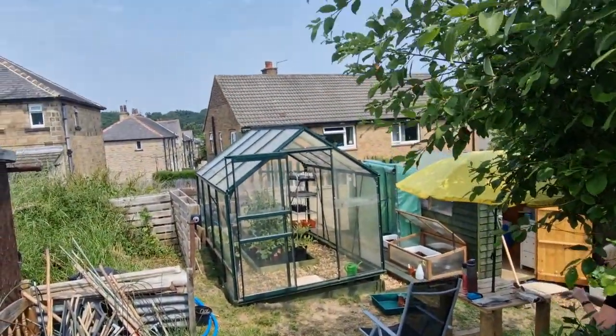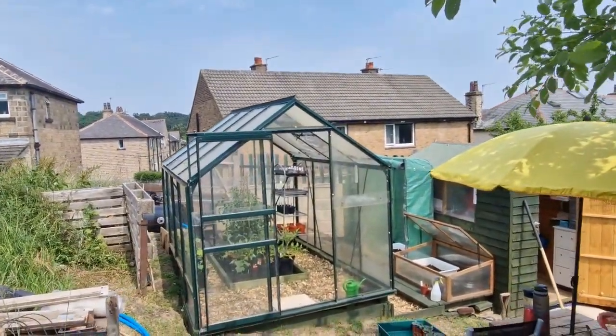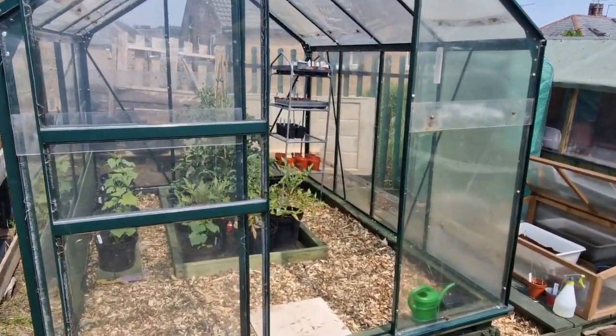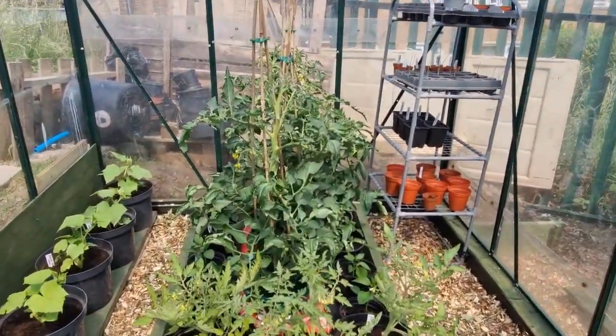Got myself a greenhouse. So it took some building. I've been putting little pictures on my Facebook page. It took some building, but eventually we got there in the end. Levelled it all off on a wooden frame, and here we are. So inside we've got